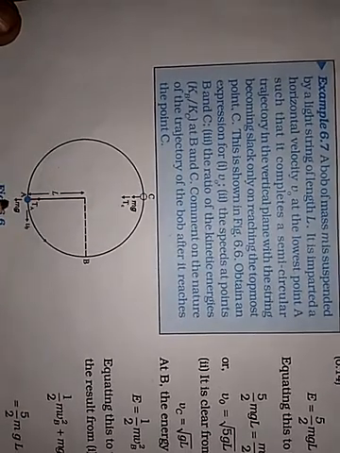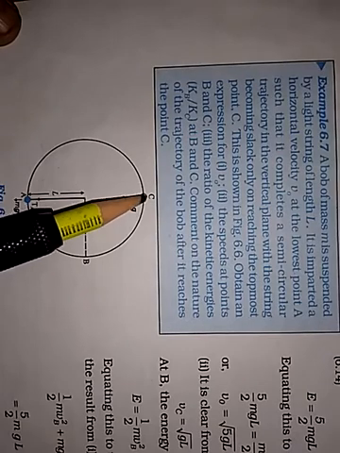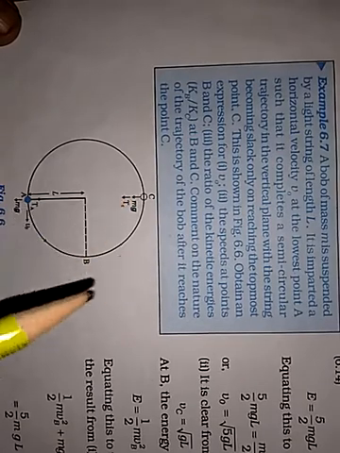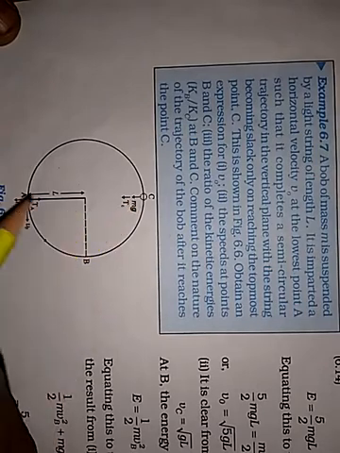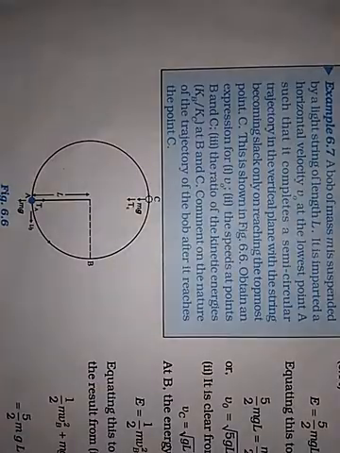Now if you consider this bob at this point, it has horizontal velocity, it has a tension towards this middle point, and it has acceleration due to gravity. So here you have m into g. Now if you carefully look at this point, tension and mg are both in opposite directions. But when it goes to the topmost point, mg and tension are both acting vertically downwards. Keeping this in mind, we will do the analysis.